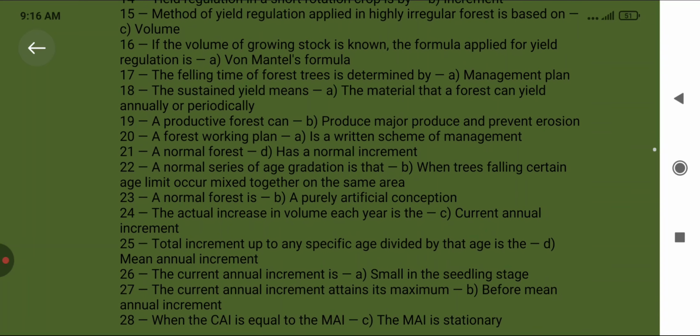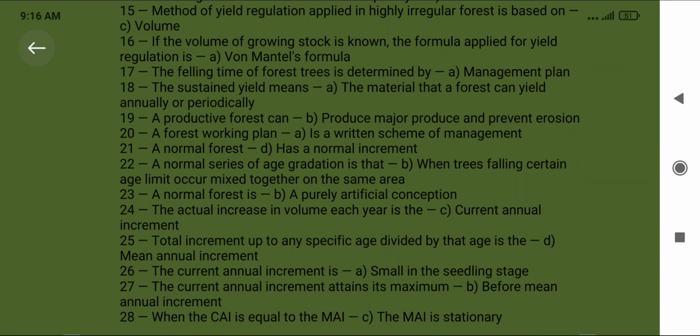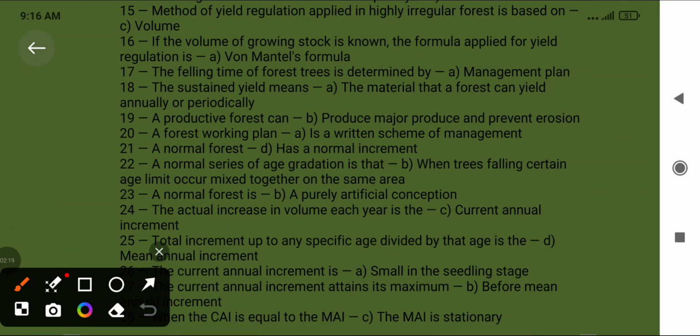forestry is determined by the management plan, and sustained yield means the material that a forest can yield annually or periodically. A productive forest can produce major products and prevent erosion, and a forest working plan is a written scheme of management. A normal forest has a normal increment. A normal series of age gradation is when trees of all certain age limits occur mixed together on the same area. A normal forest is a purely artificial